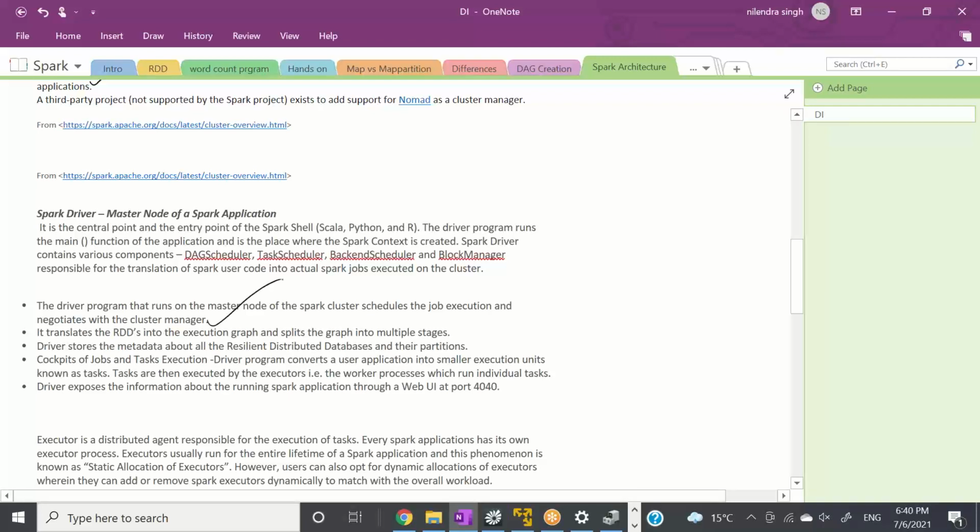It translates the RDD into the execution graph, which we call the DAG. Now the most important thing: the driver stores the metadata of RDDs and their partitions. And the driver exposes the information about the running Spark application through the Web UI on port 4040. I'll be covering this, but this is what the driver is doing for you.